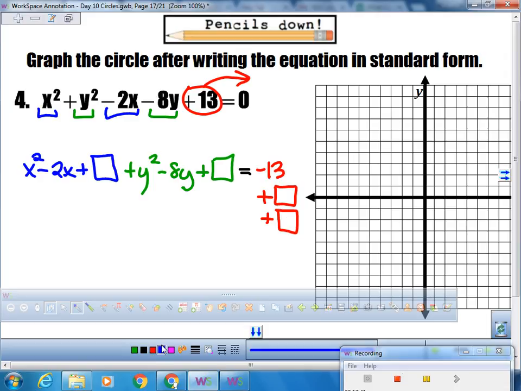So what gets added here? Well, half of 2 is 1, so 1 squared, or I should say negative 1 squared. Negative 1 squared is just 1, so I'm going to put a 1 there. Half of negative 8 is negative 4 squared, which is positive 16. So now I can complete my square here. x minus 1 squared plus y minus 4 squared